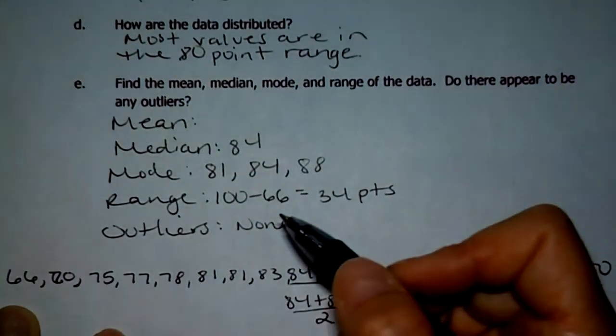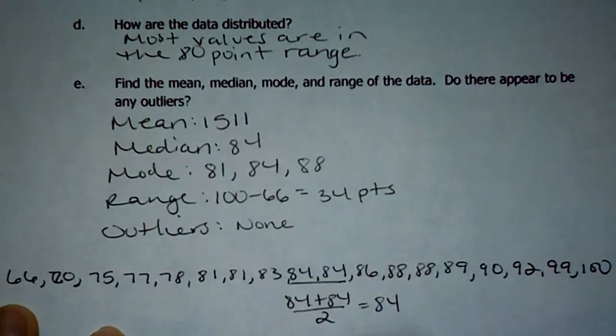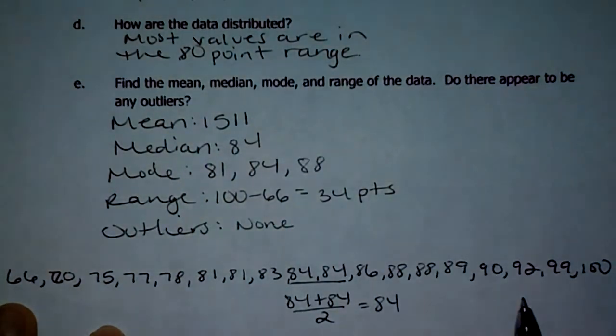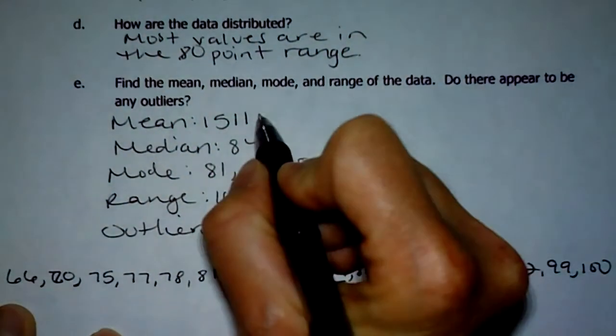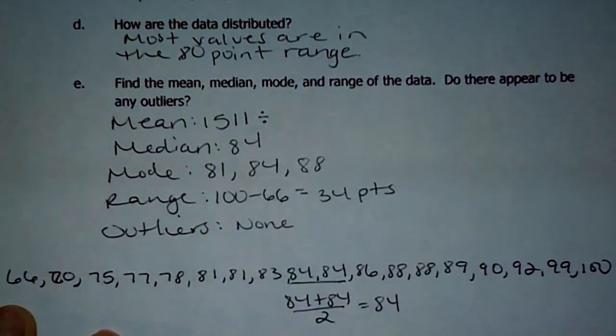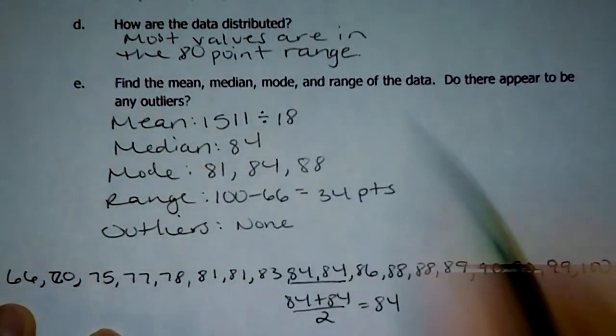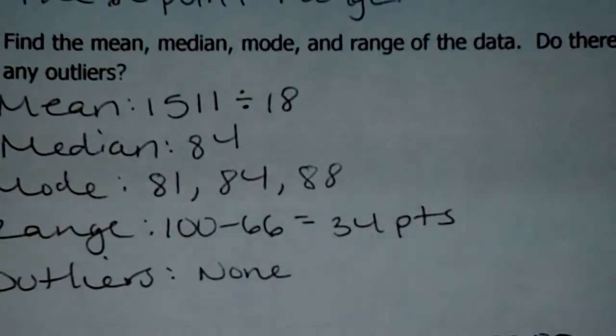So I guess it's not as mean. We get 1,511 when you add them all up. I usually add them up twice to make sure I get the same number both times, so I know I didn't make any mistakes. Yes, even I do that as a math teacher. I still do it twice. All right, so after you add them all up, that's not the average. You need to divide that by the number of values in the data set, which we already said 18 students took this test. When you do that, zoom back in a little bit here, you end up getting